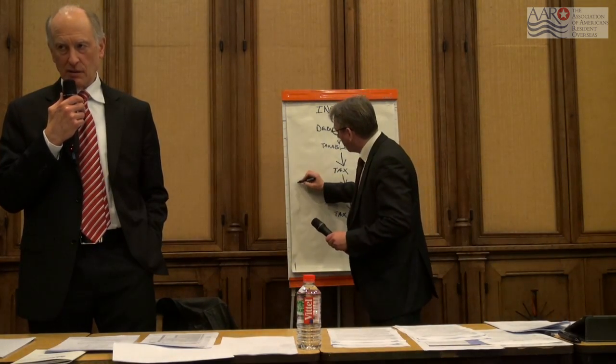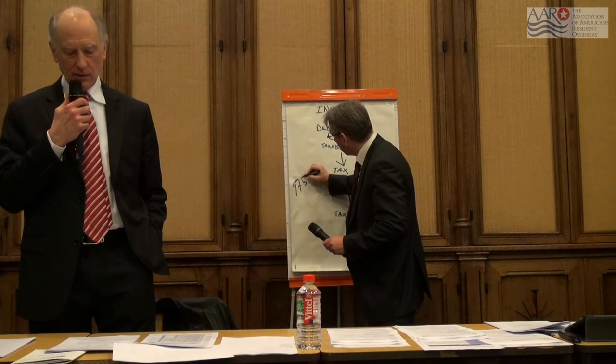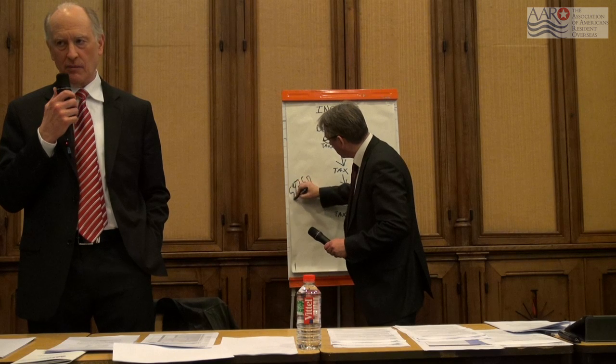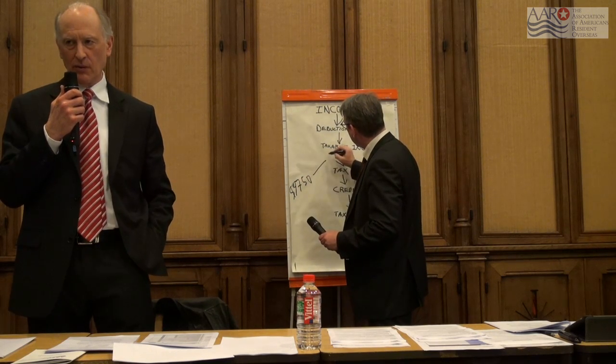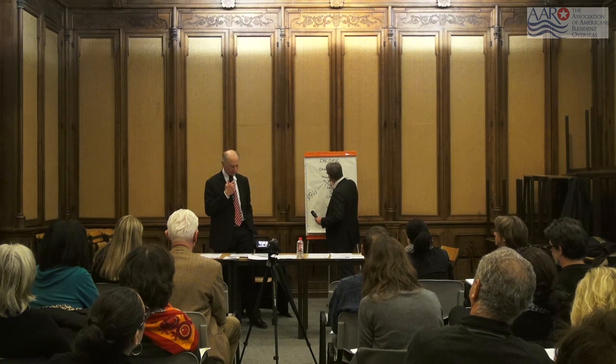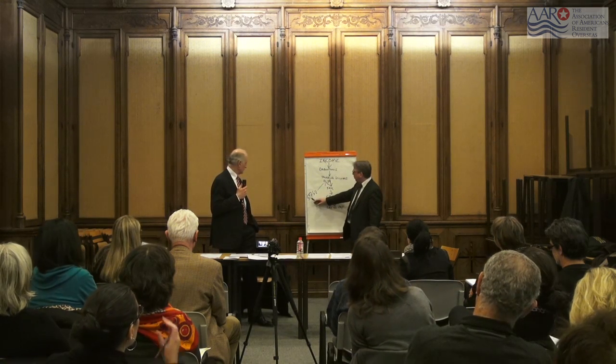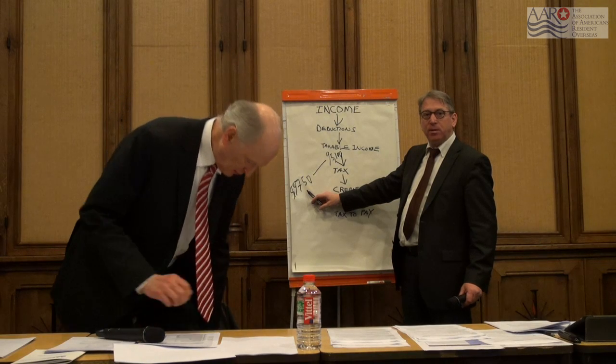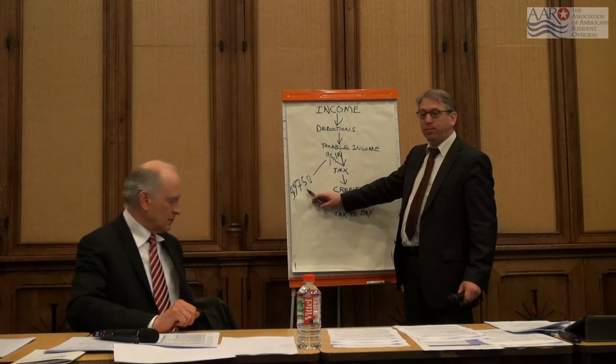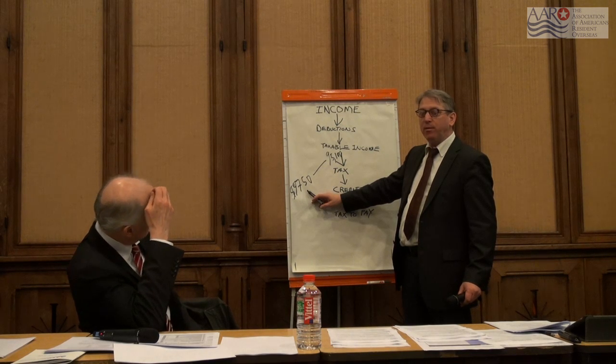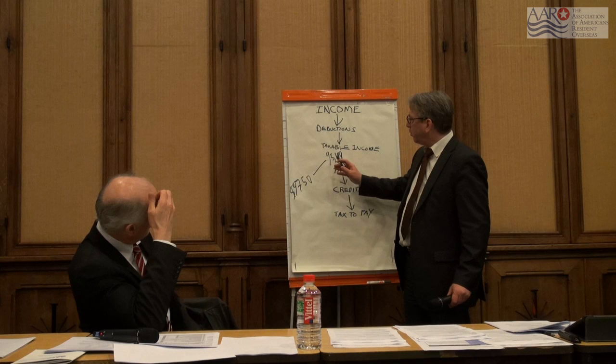Yeah, so if you're single, when you exclude all your income, you can't use the tax credits. You can't use both. If you're single and you make more than $9,750, as I started out saying, you have to file a return. You have to report the income. But if you make less than